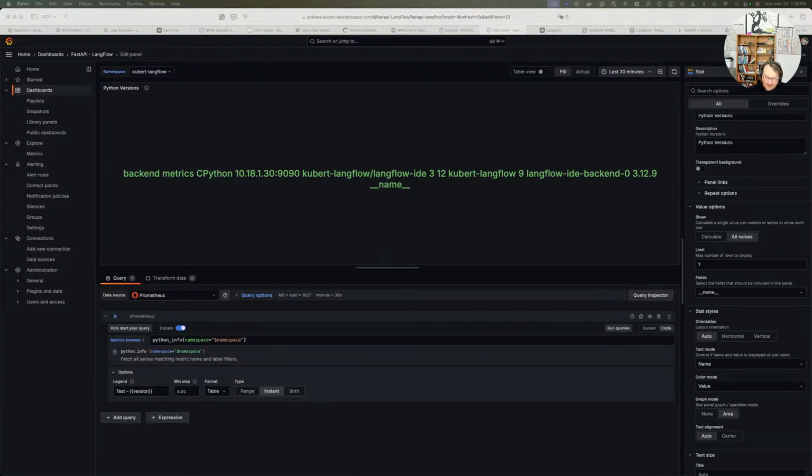Every time, like a fruit fly, it leaves my brain. So we need to extract a label from the metrics, and